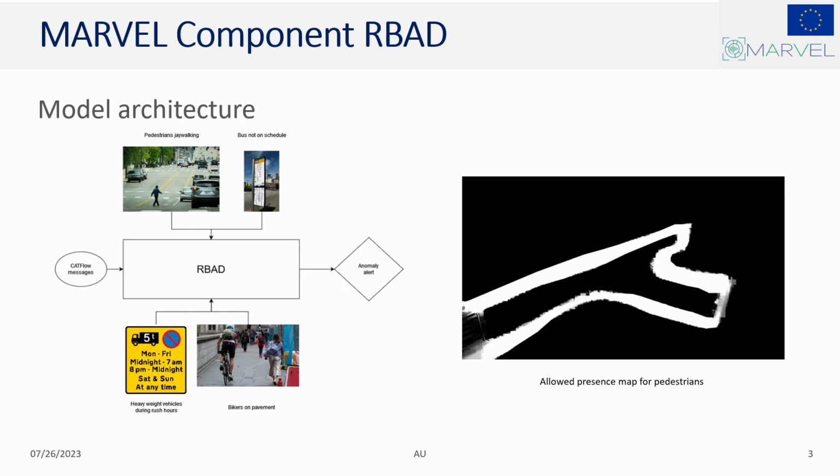The model takes as input object detections from the CATFlow component and uses rules to identify if there are any anomalies to report. One of the rules includes presence maps, which dictate where the specific category of traffic users can be present according to traffic rules. As you can see on the right, pedestrians are allowed at the designated sides of the road, which are marked in white. If a pedestrian moves outside of it, the anomaly will be reported by the model. Additionally, the model detects when the buses are not on schedule or when heavy vehicles are present during the forbidden